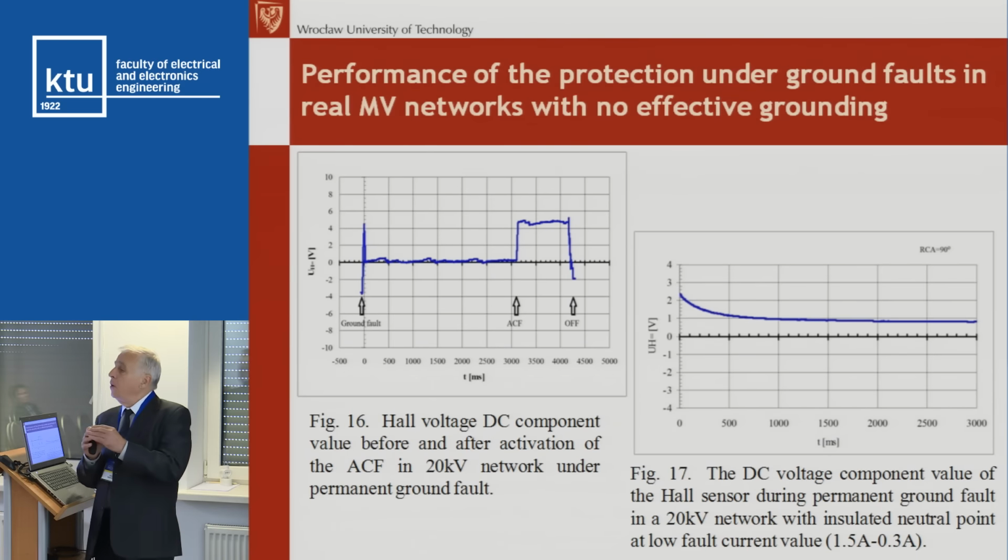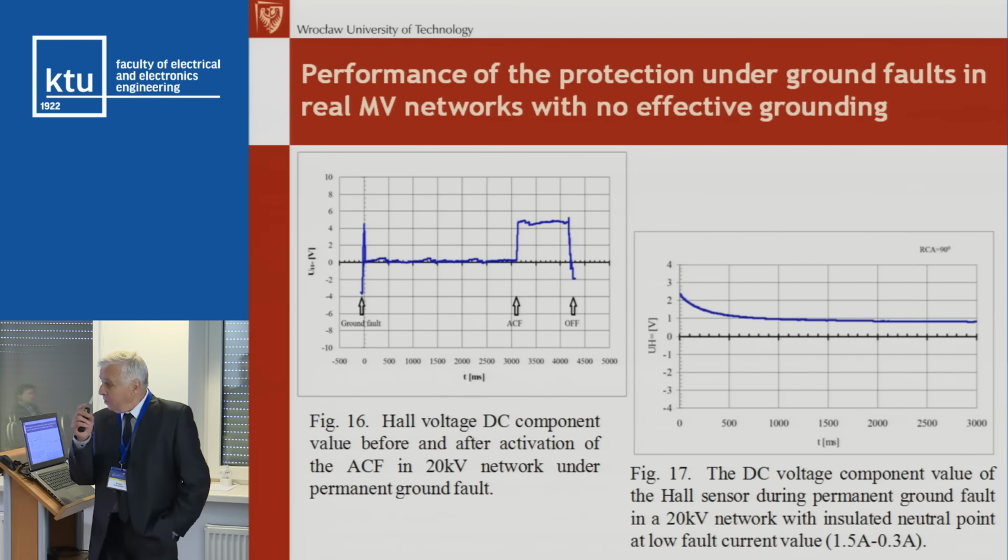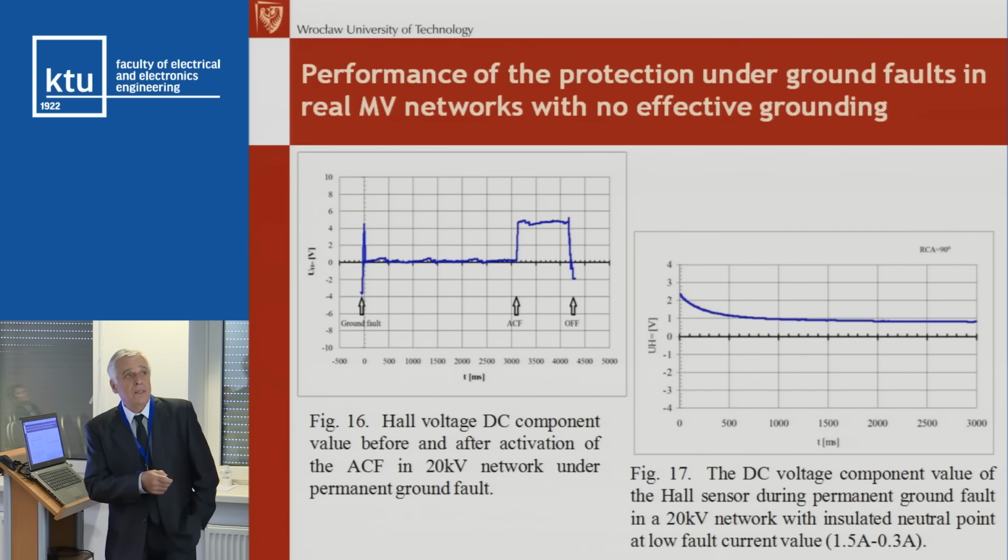However, the sensitivity of the Hall sensor is the highest when there's no shift between the current and the voltage. We have to use some shift, and for this compensated network the shift must be 90 degrees. Therefore, in this case, even when we have a fault where there is no forcing of the active component, the value of the DC component of the Hall sensor is very little. This moment is raised up to about 5 volts. And therefore you see that for this system, after activation of ACV, we are able to detect this